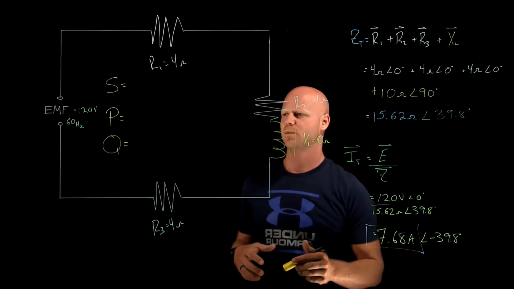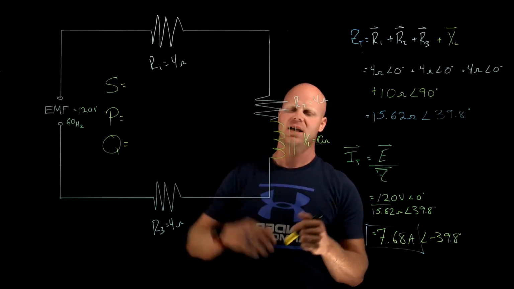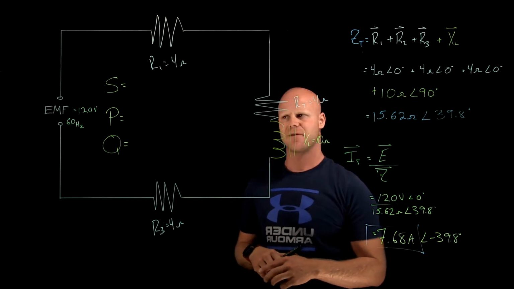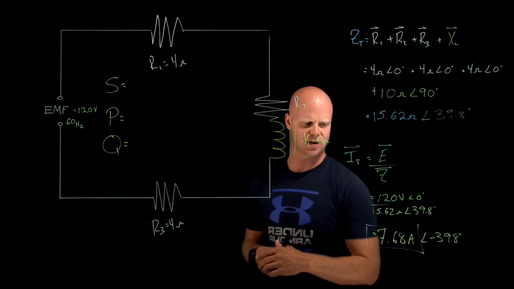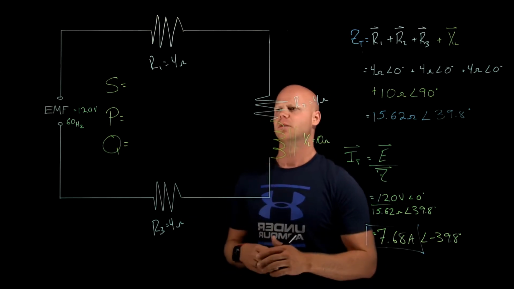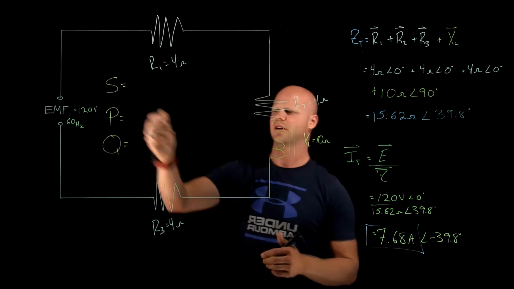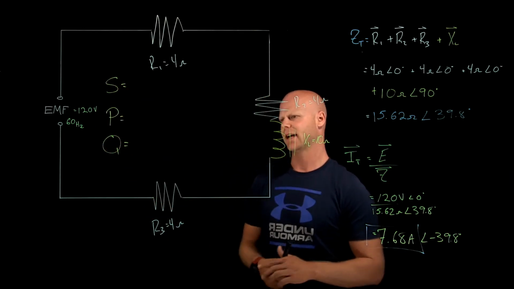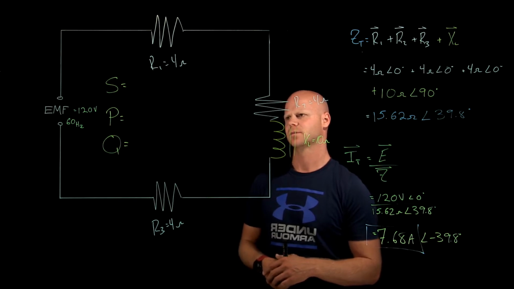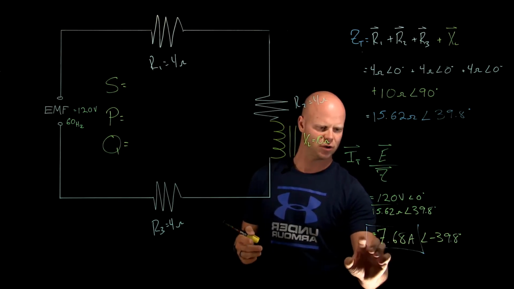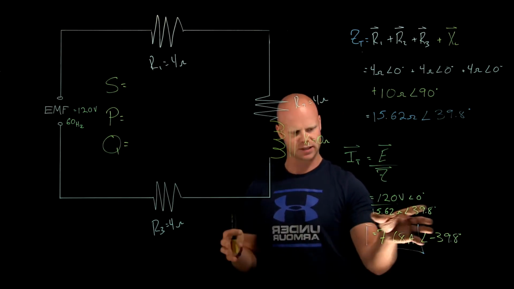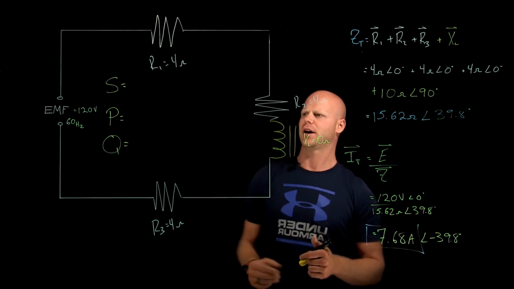Hi everybody. In this last video, we're going to analyze how to calculate the three different types of power that exist in the circuit that we have constructed here. So I have my apparent power, I have my real power, and I have my quadrature power. The values that I'm going to use are this 7.68 amps at its appropriate angle and the 120 volts